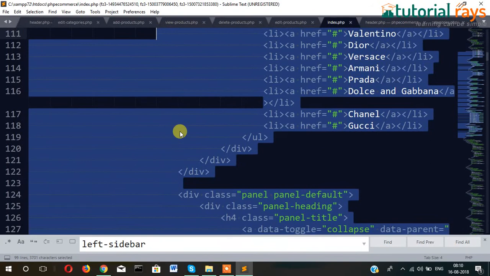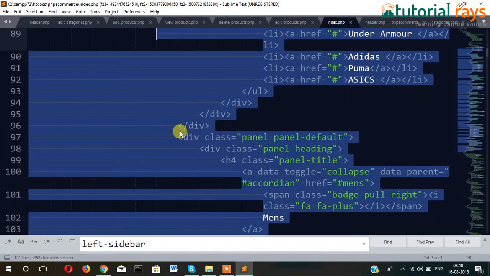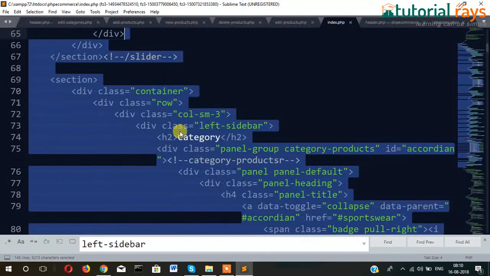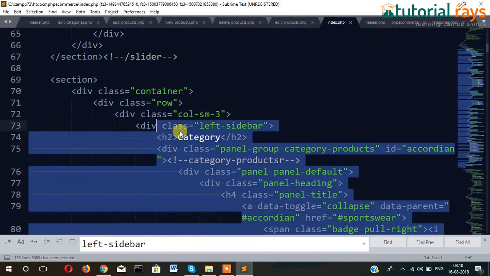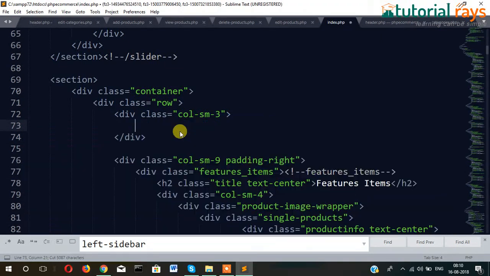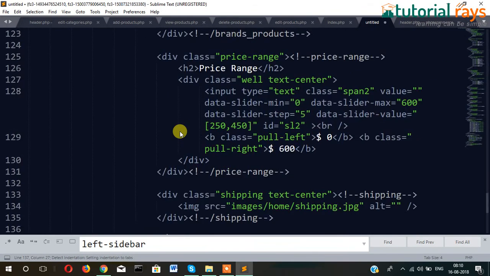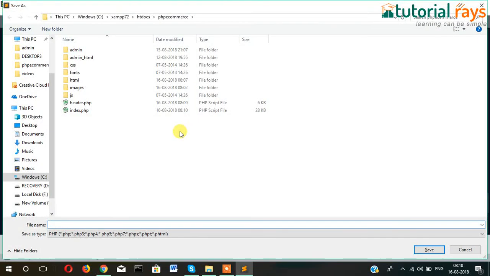Left sidebar. Hit Control X and then Control N, Control V, Control S. So left-sidebar.php